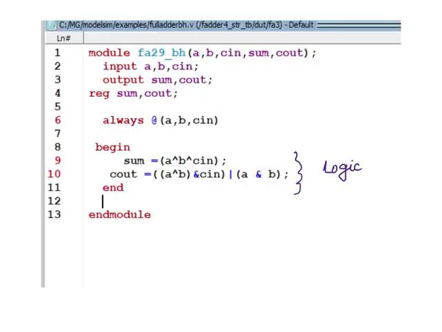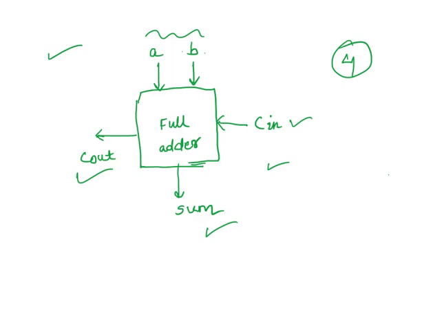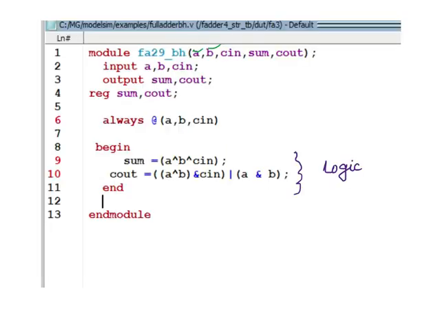You can see here this Verilog code for full adder. So inputs are A, B, C in, and output is sum and C out. So input is A and B, then C in, output is sum and C out. This is 1 bit full adder. So input also 1 bit and output also 1 bit. You can say full adder. So this is the behavioral model. I have written the behavioral modeling.